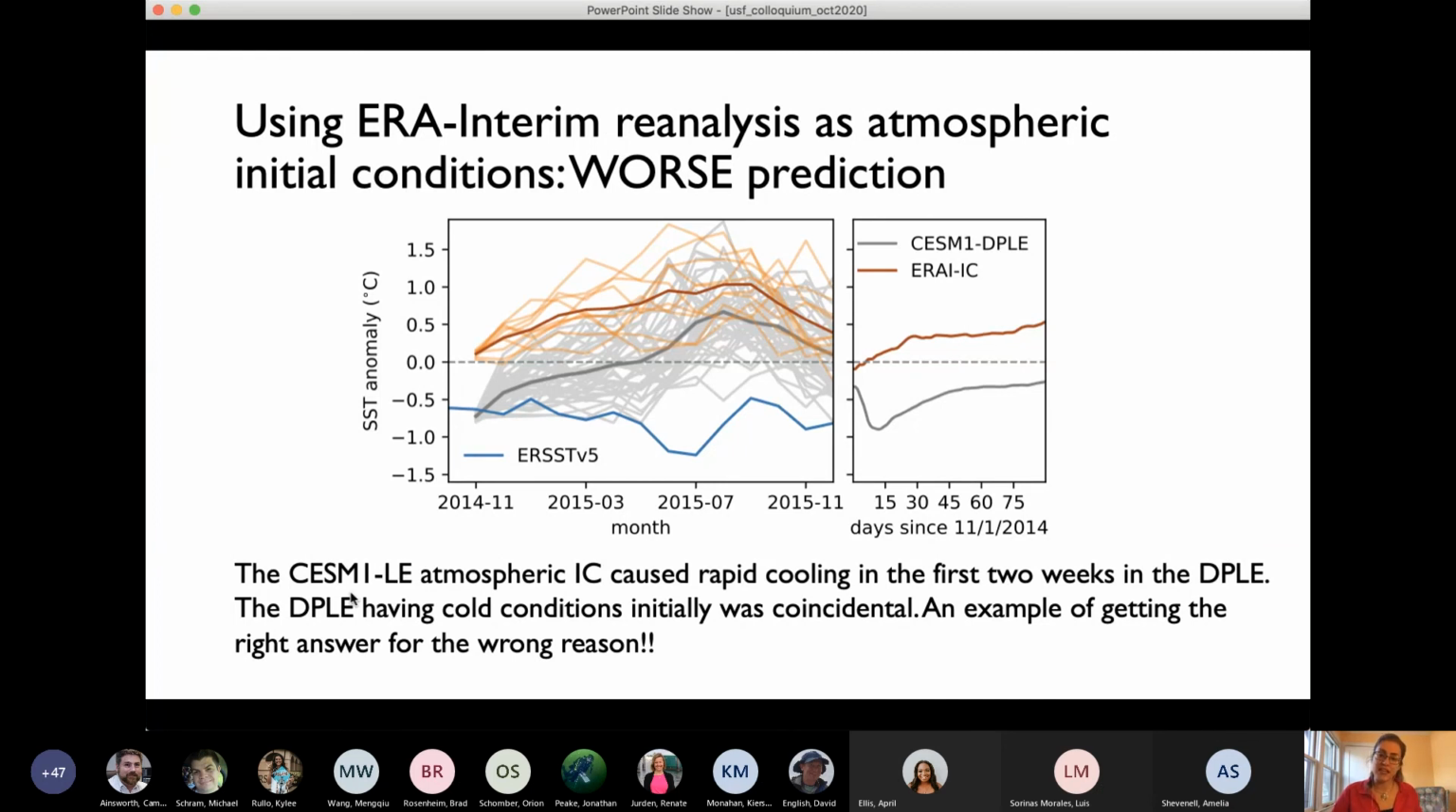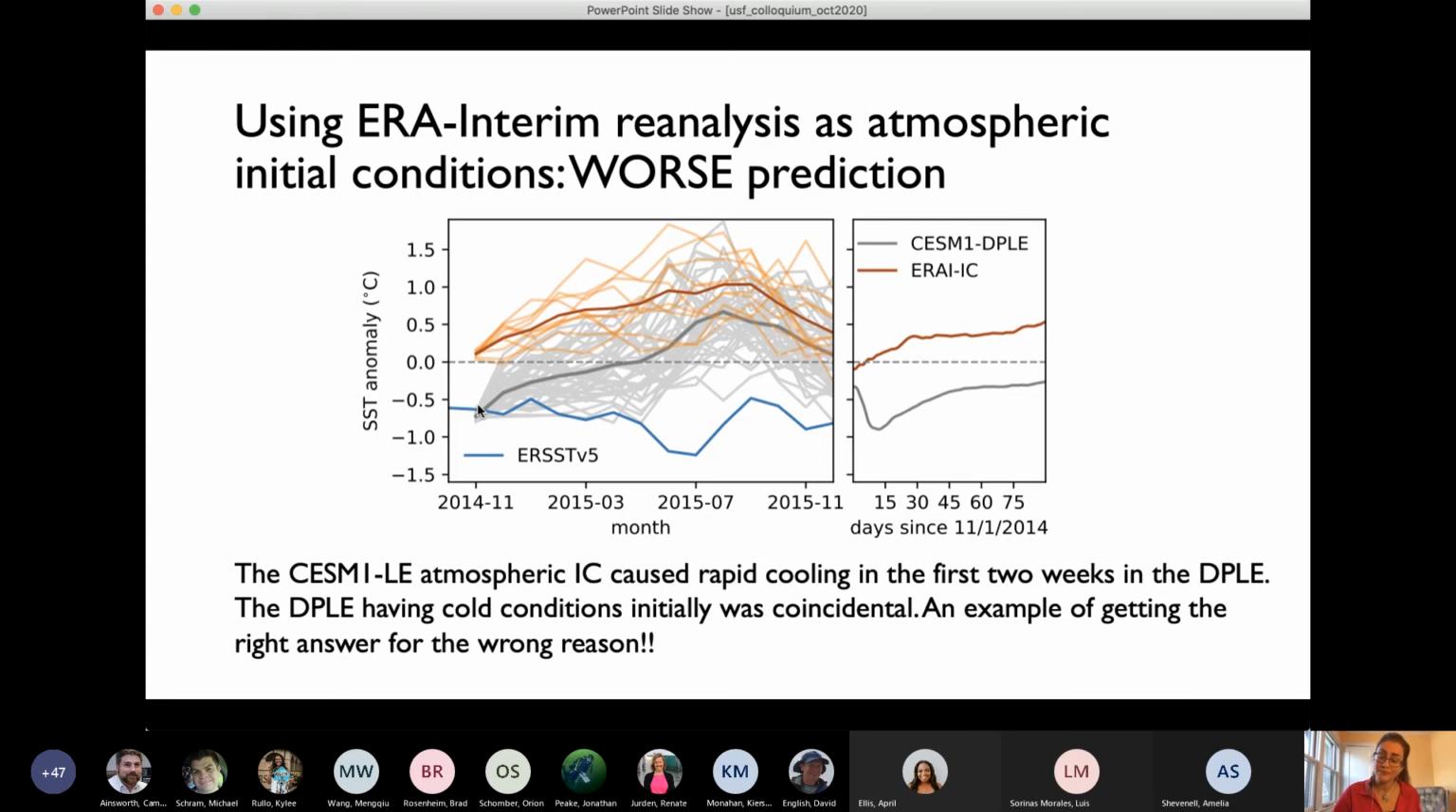And the startling thing here was that we had a way worse prediction when we only changed the atmospheric initial conditions to be what should have been closer to what was observed. So this orange line here is our new sensitivity experiment. The black line is the original prediction, the DPLE. Blue is the observations. You can see, even though the only thing we've changed is the atmospheric initial conditions, the sea surface temperature anomaly, the ocean, suddenly warmed back up within the first month from what occurred in the DPLE,